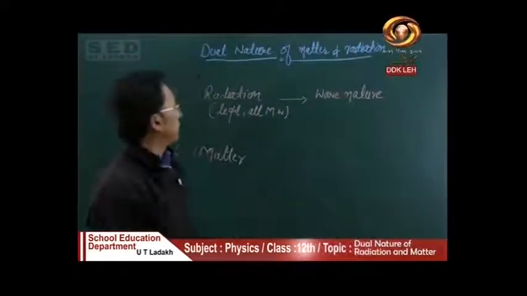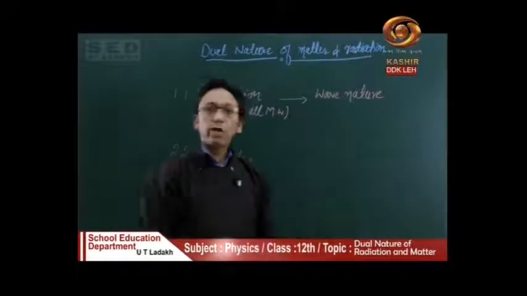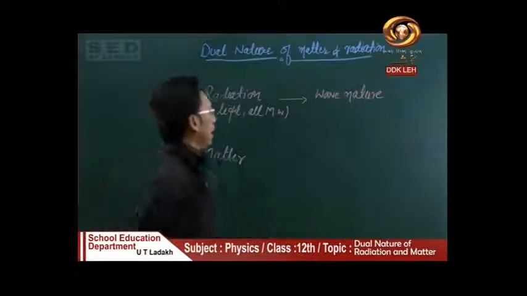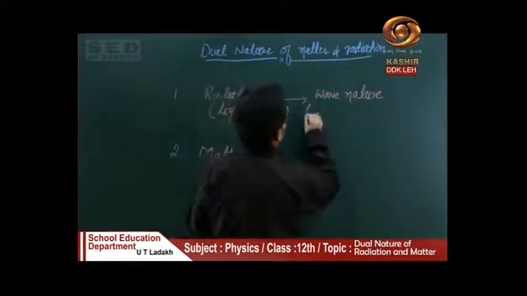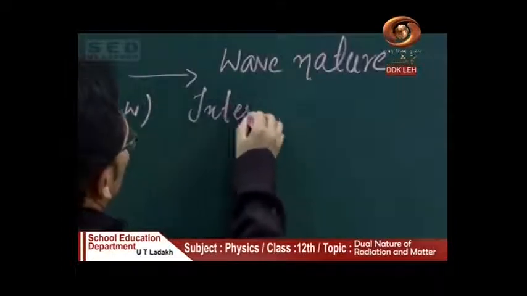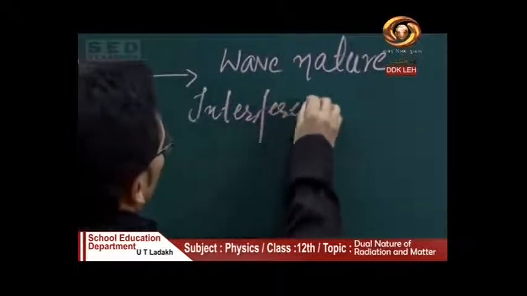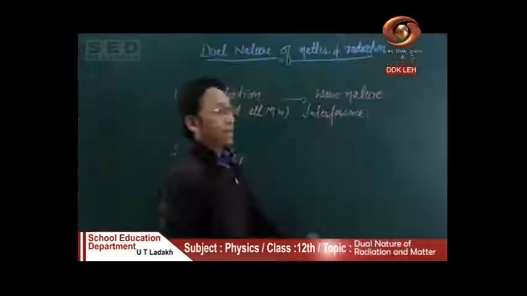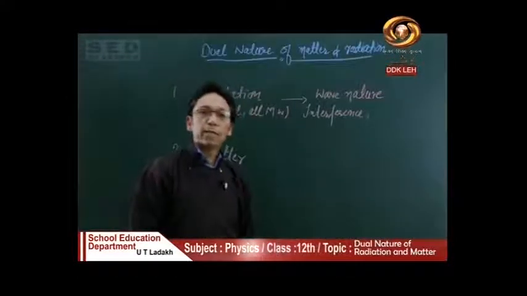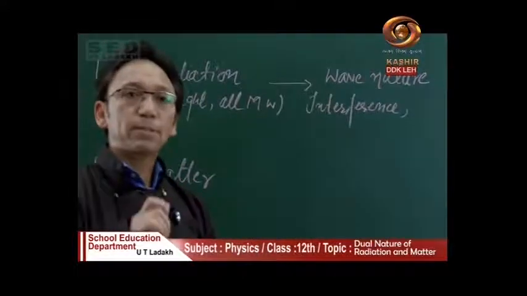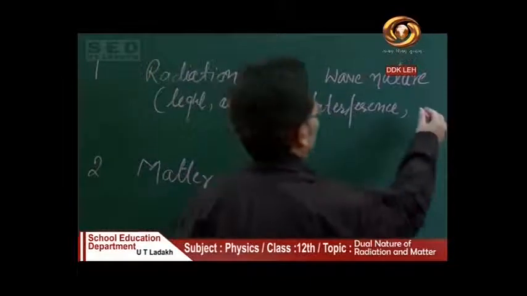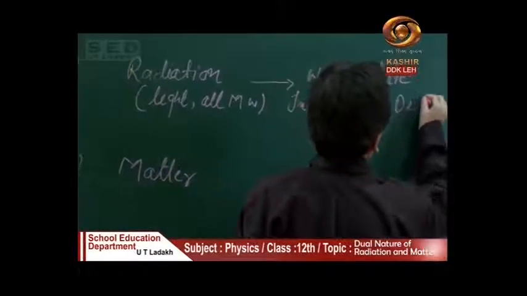Wave nature of radiation is confirmed and was established by many phenomena like interference of light. This interference was explained by Young's double slit experiment, which you have studied in the previous chapter in optics. Then diffraction,